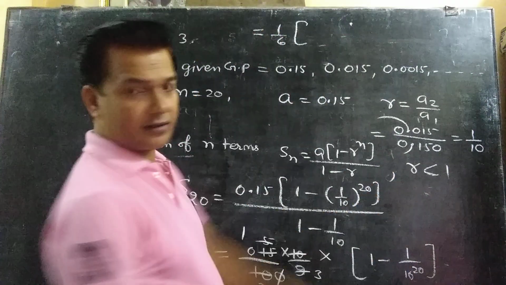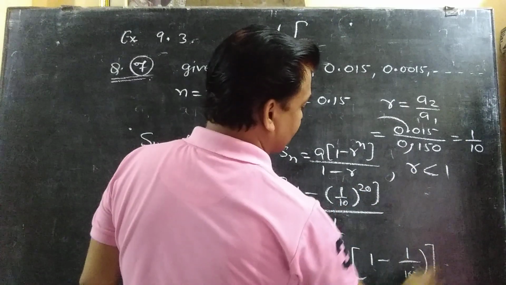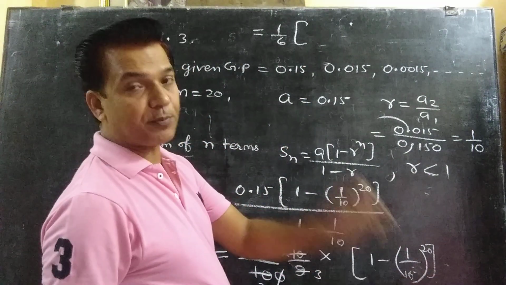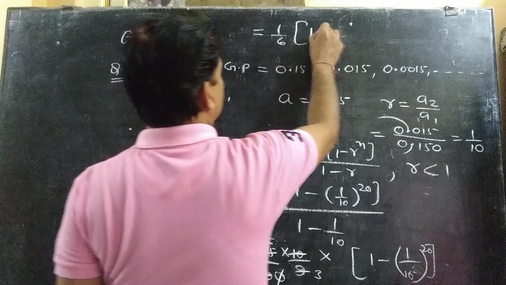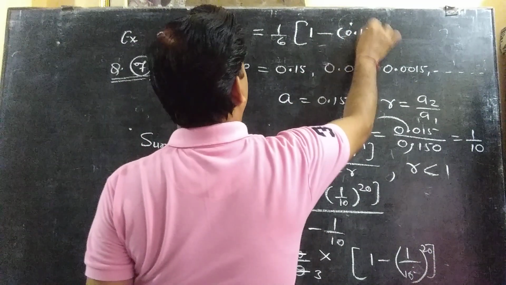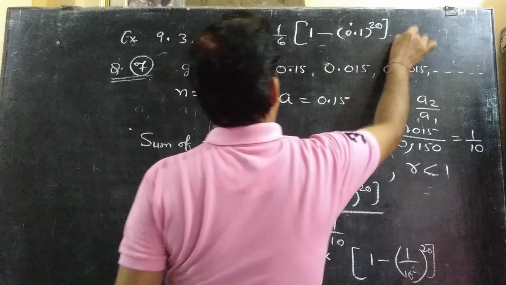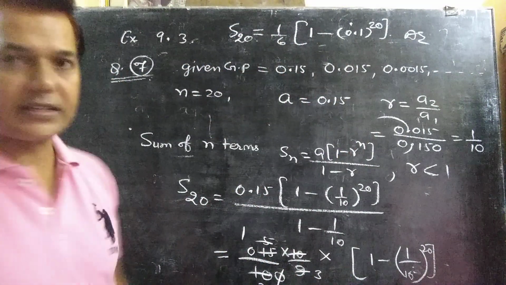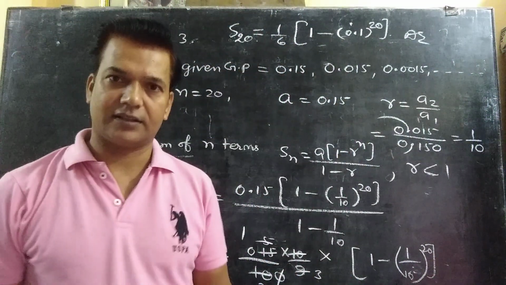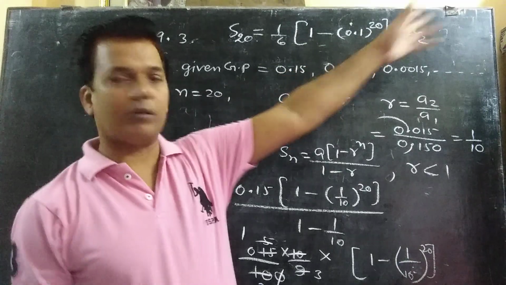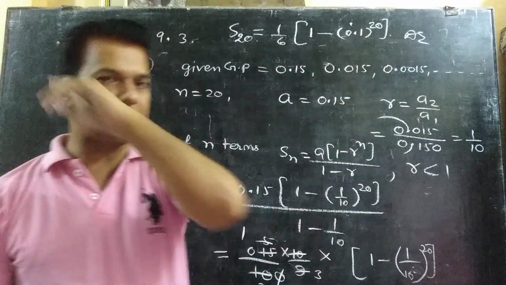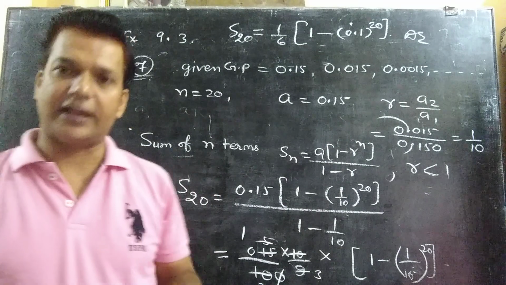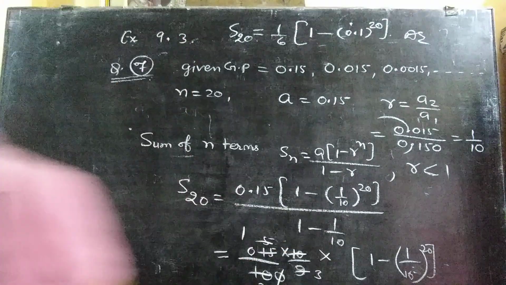Inside there you can write like this. So 1 by 10 means 0.1. So you can also write 0.1 raised to 20. This is the answer. ये इसे सॉल्व करने का अपना तरीका है, यानी इसके पूरे डेसिमल के बाद 20 टर्म्स तक लिखना जरूरी नहीं है, पावर लगाकर छोड़ दीजिए. इस तरह से अपन इसे सॉल्व कर लें.